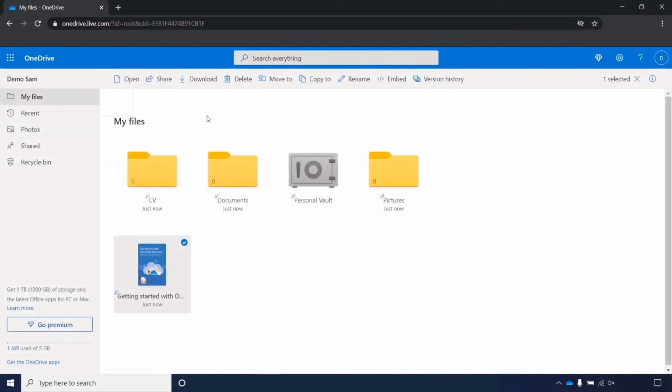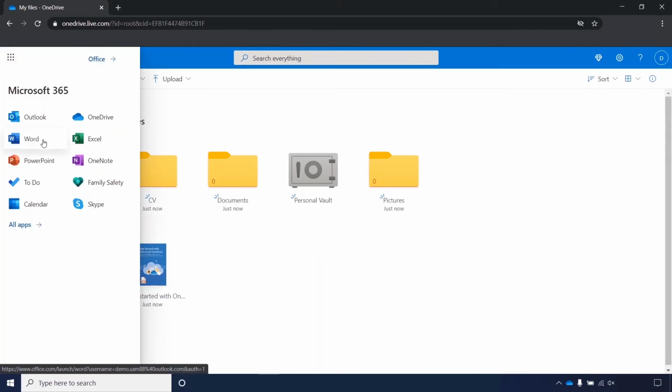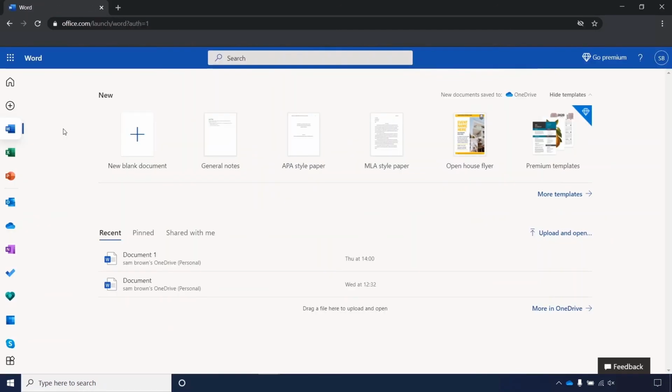So next we want to create a new file. So you can either go new and then Word document, or you can go to the little waffle and select Word. So we're just going to give you an overview of Word Online. So with Word Online, you'll be presented this screen and you'll see the options to either start with a blank document, or there's a bunch of templates you can use, but generally we'd suggest starting with a blank document. Before we do this, just look below, you'll see recent. So recent is basically any documents that you've worked on recently. Well, they'll just appear down here so you can quickly open and close those. So if we click on new blank document,